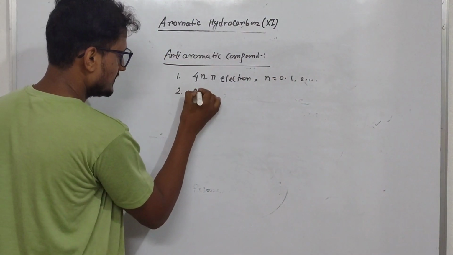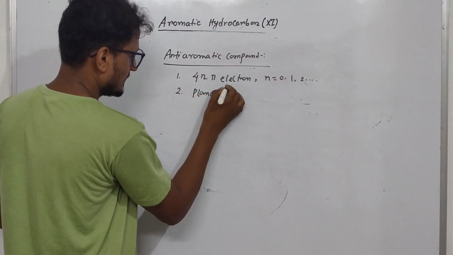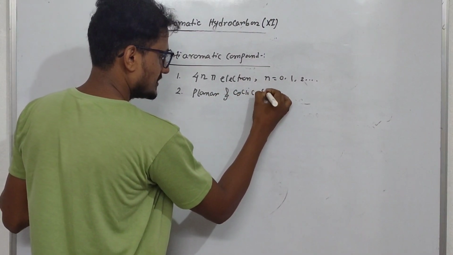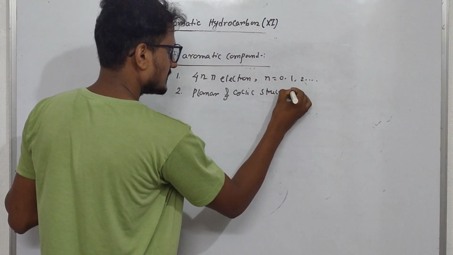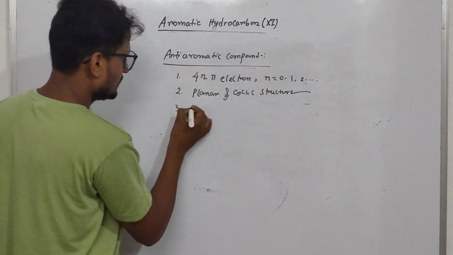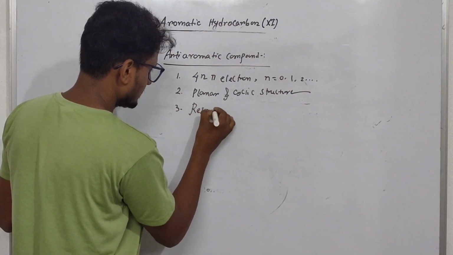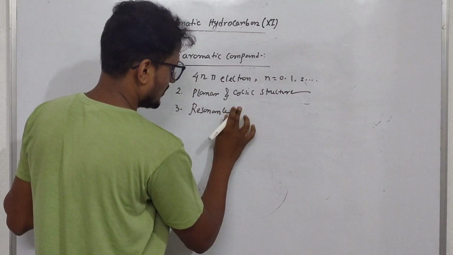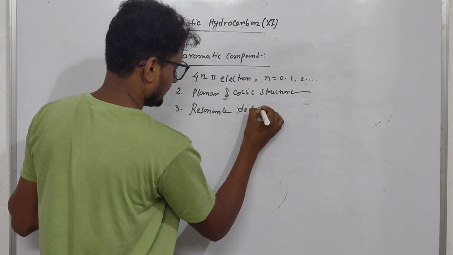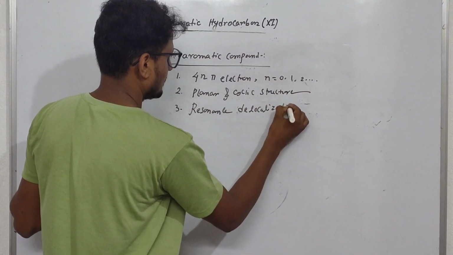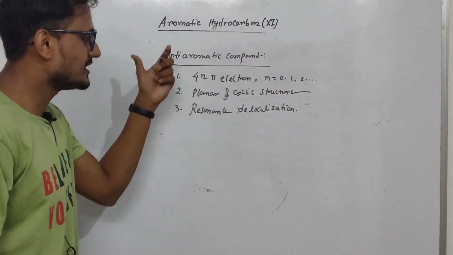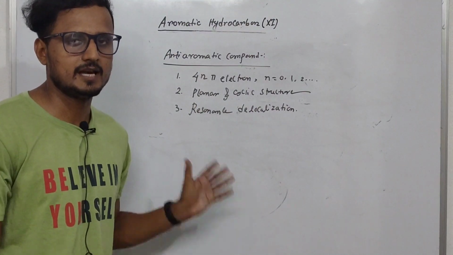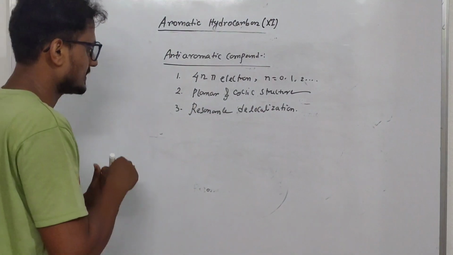They should have planar and cyclic geometry, and there should be resonance stabilization, or delocalization, you can say. If these 3 rules are satisfied, then the compound will be anti-aromatic. Okay. Suppose